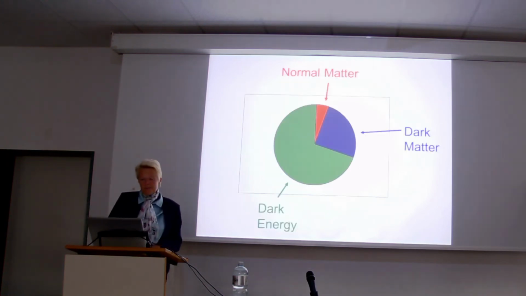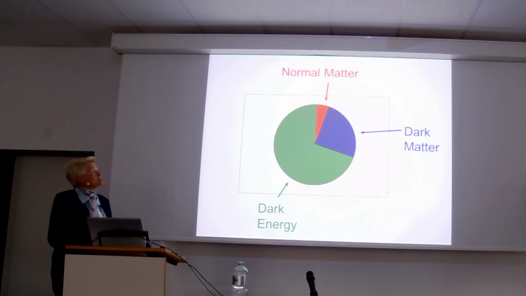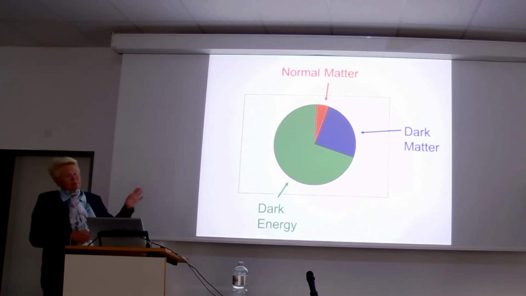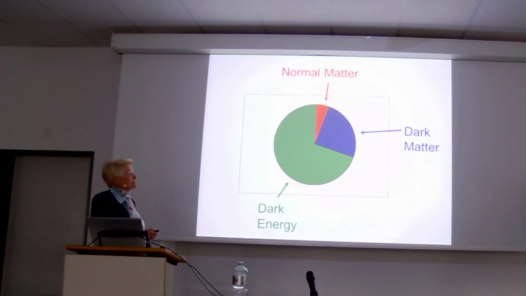And so I come to the end, and I would like to show you what we nowadays think the universe is made of, what the constituents of the universe are. In this red sector is normal matter. This is all the matter that we usually study in physics, in chemistry, and we know a lot about this, but even there we don't know everything. And then comes here the blue sector of dark matter. Here we don't know what it is, and we're still very curious, and similarly for this huge sector in green for dark energy. There is still a lot to investigate in the universe,